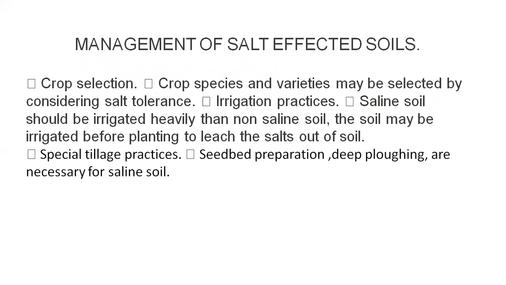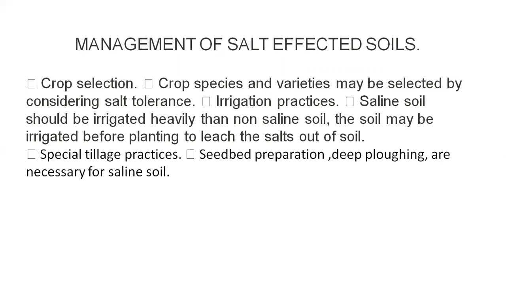Management of salt affected soils: how we are going to manage the crop area. By using crop selection, a special type of crops should be selected. Crop species and varieties may be selected by considering salt tolerance. You need to use that type of crop, that type of plant which is more tolerant. In that way you can also grow normal food crops